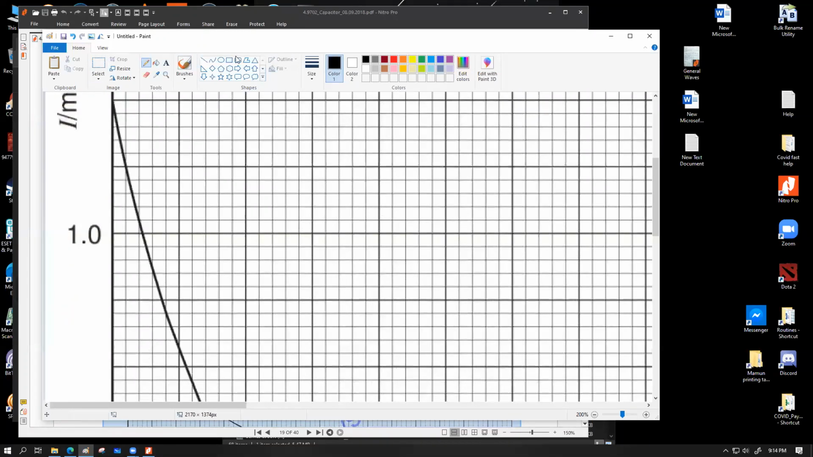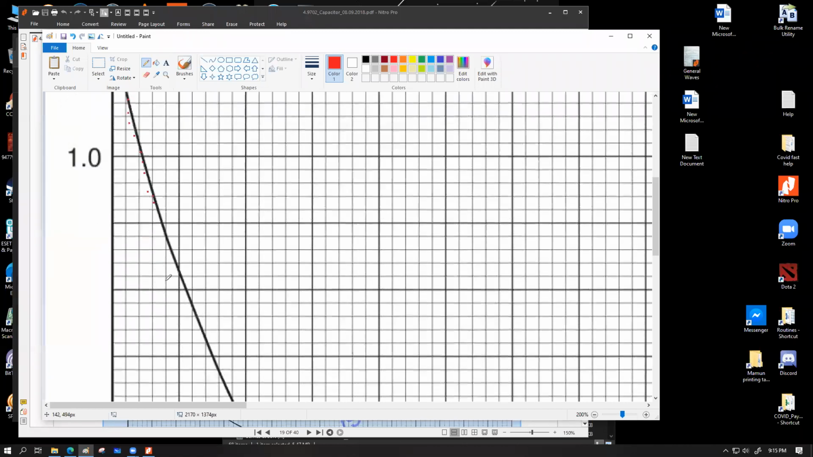Let's count fractured boxes first. So how many fractured boxes? I'll be using red dots. So 1, 2, 3, 4, 5, 6, 7, 8, 9, 10, 11, 12, 13, 14, 15, 16, 17, 18, 19, 20,